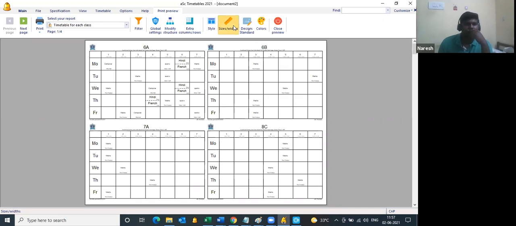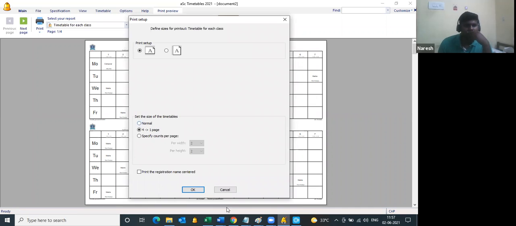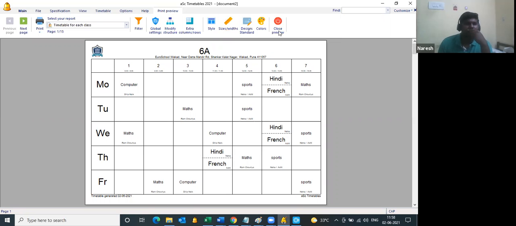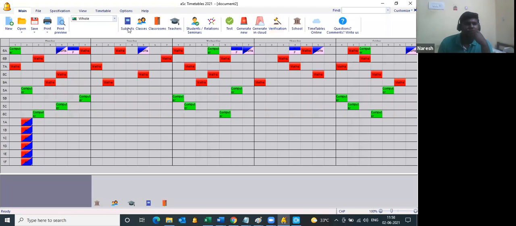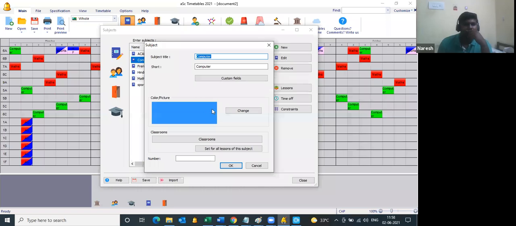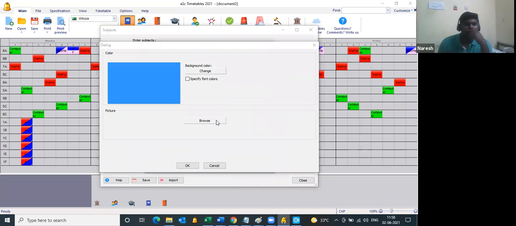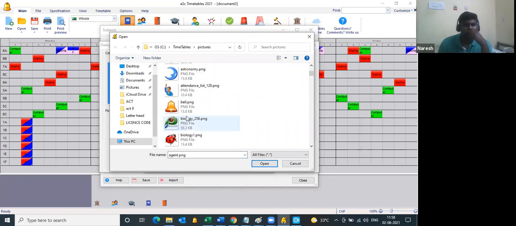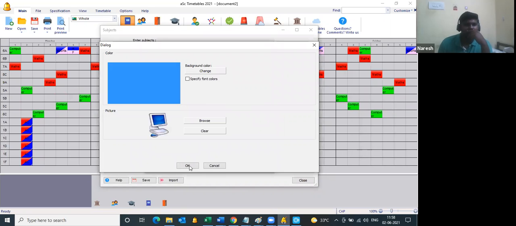So this is about sizes. And if you want to add a certain coloring to your design, that is also possible. For example, computer: click on the subject and click on edit. So you see color, picture. I want a picture to be added. Browse. So this is computer. I add this computer picture to this subject.